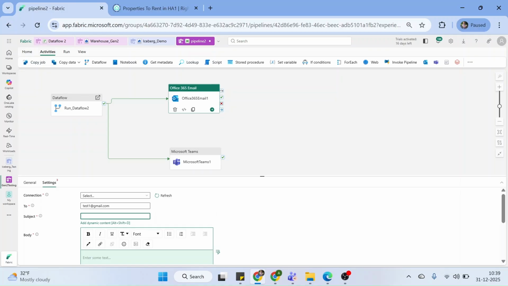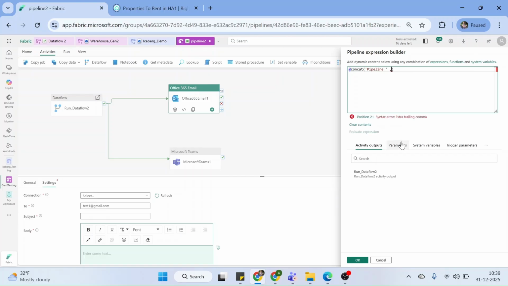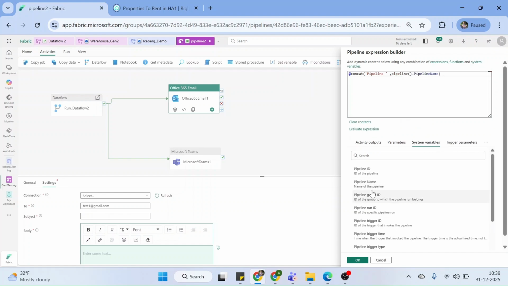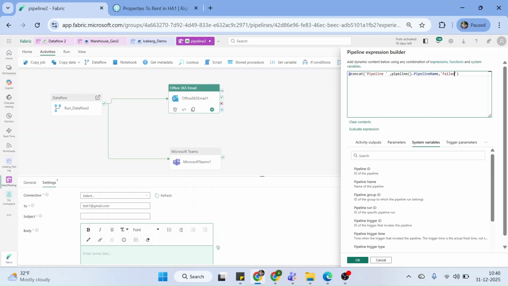You can easily create a subject, so you can give something like this, pipeline, and then you can use the parameters to provide the system variables, the pipeline dot pipeline name, and then again you can say something like failed at,